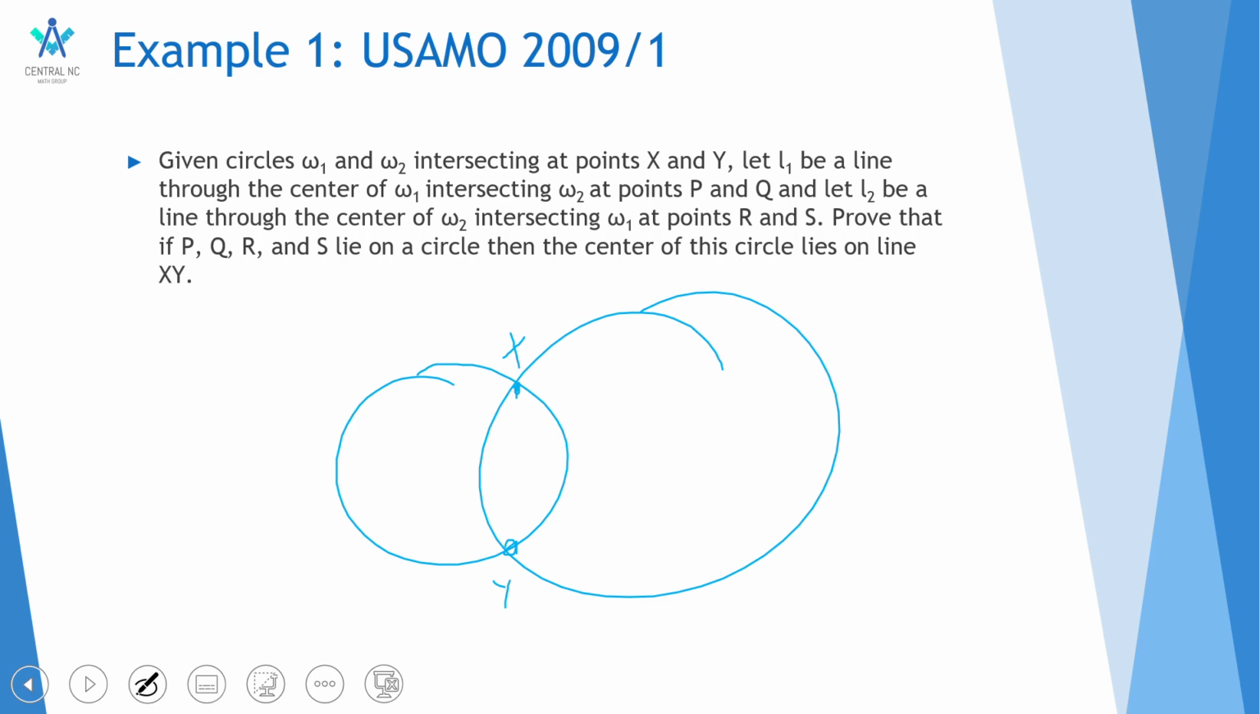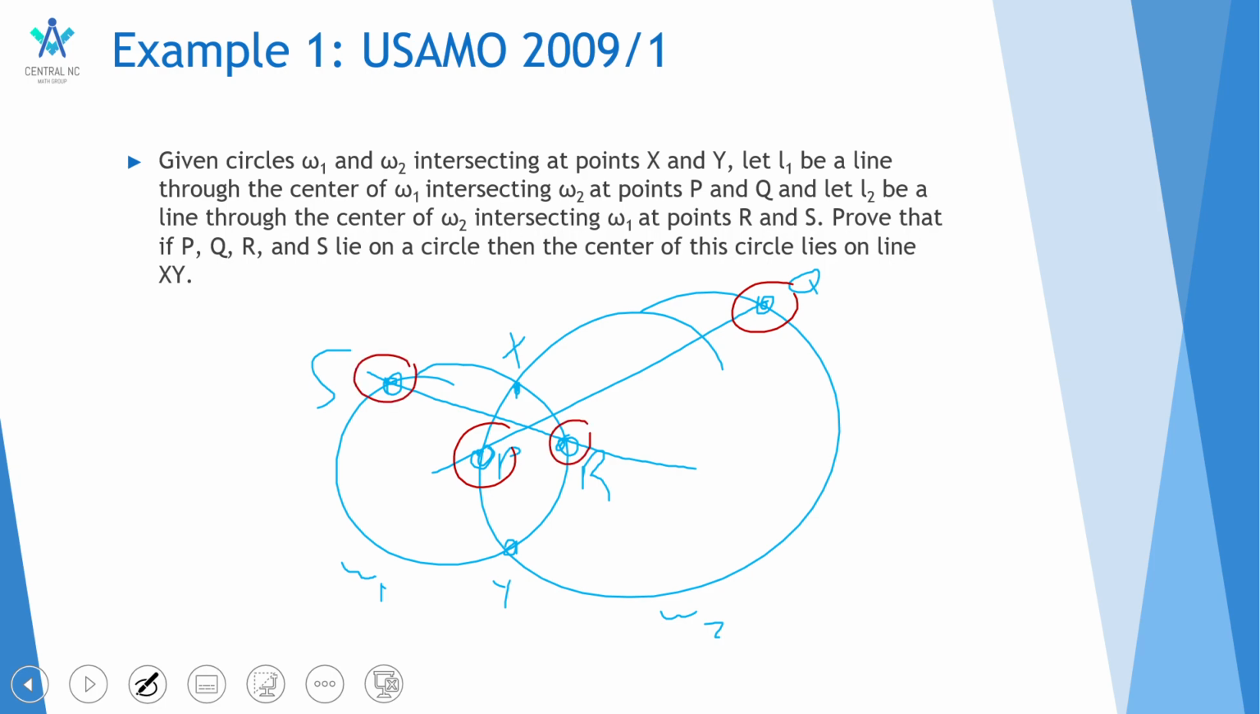So there's a line L1 that goes through the center of omega 1, this being omega 1 and this being omega 2, and intersects omega 2 at points P and Q. The other way around also works, so this intersects at R and S, and we're trying to see if P, Q, R, S, in red, are cyclic, then the center of the circle lies on line